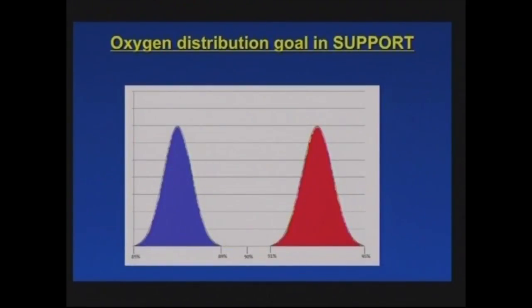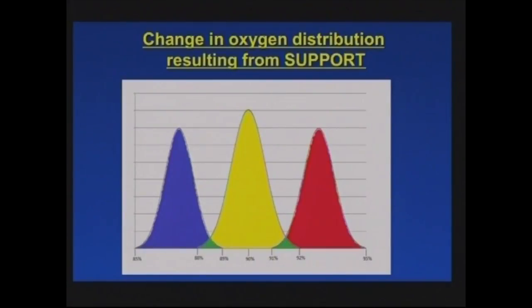So here's what they were trying to do in this study. They wanted a higher oxygen end and a lower oxygen end, and let's just put them together. So in certain centers where the starting point was the yellow range, they went from the yellow range to splitting the infants to the blue and red ranges. And that's what researchers often do. You want to get statistically significant results. You need your arms to have significant enough differences between the two, so they wanted to get them from the middle. They wanted to use the money effectively and move the infants toward the two ends of the continuum.